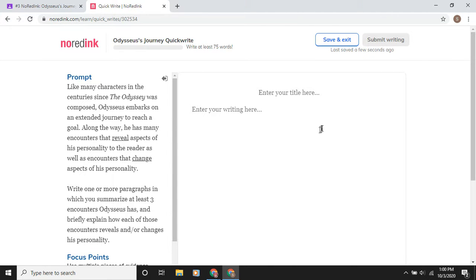If you do not finish all at once, you can click Save and Exit and come back, and No Red Ink will let you pick right back up where you left off. If you prefer not to type on No Red Ink, you can open up a Word doc or a Google Doc and type there, but you need to make sure that you copy it from that doc and put it here to submit it. Now, when you submit it, you're going to automatically get a 100 for completing it, but